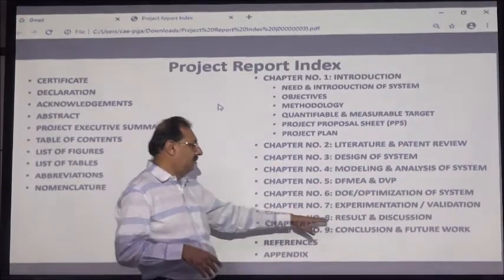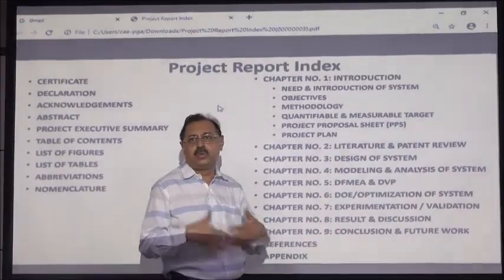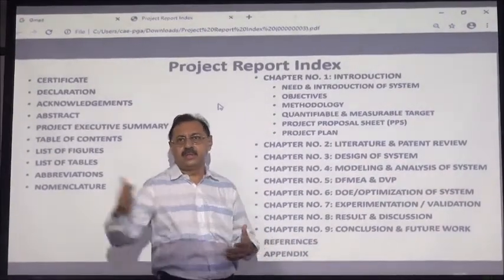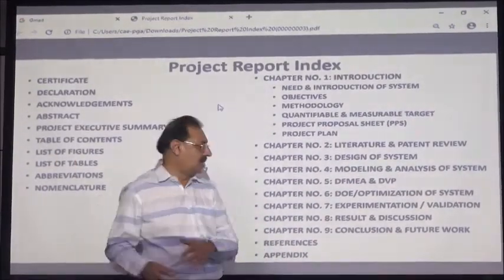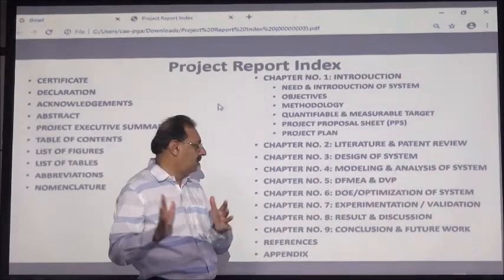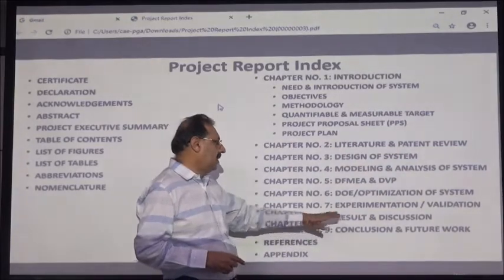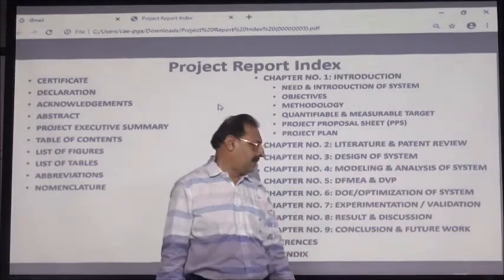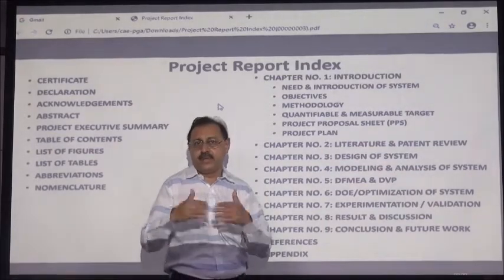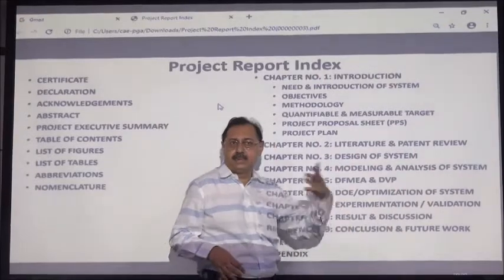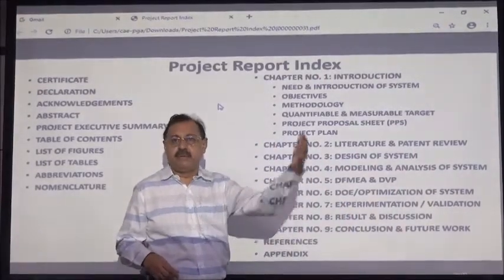Finally, you need to put all the results. So you need to discuss and analyze that I did this method of testing and these are the results, I did that method of testing and these are the results, and finally make a table saying that these were my targets and this is what I have met. So that is results and discussion. At the end, you can conclude your project, and in case you feel that something more is required to be done, then you can put that in the future plan. Maybe somebody reads your project report and takes it forward from there.